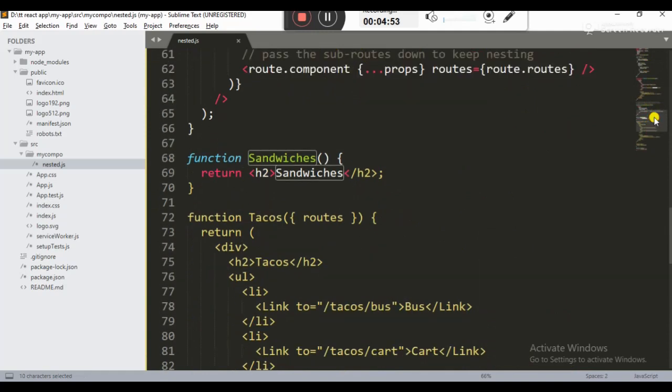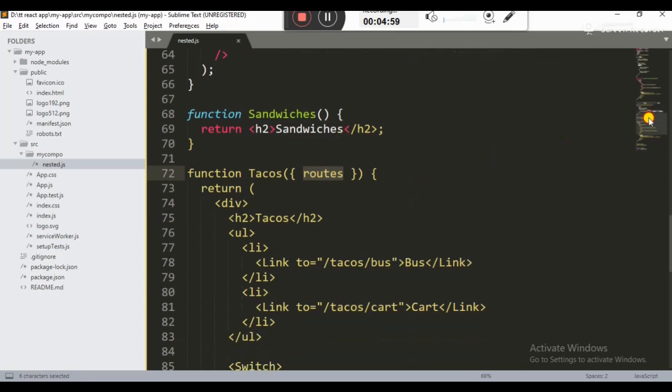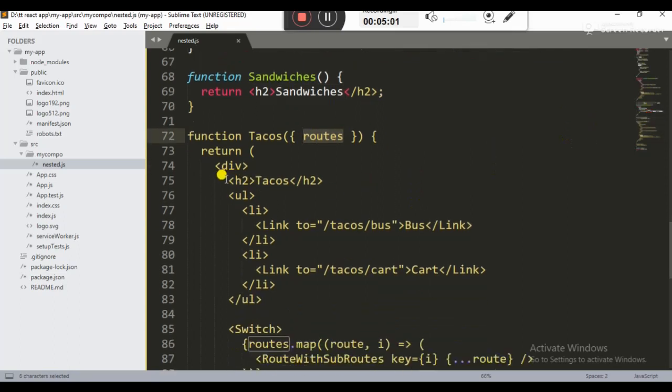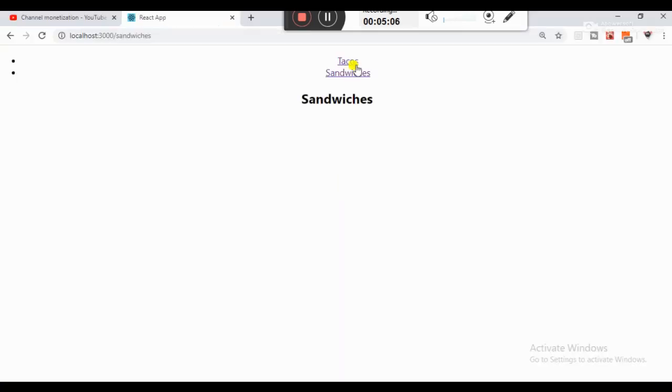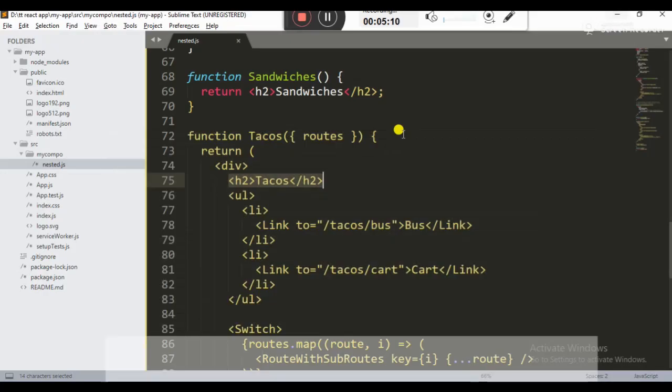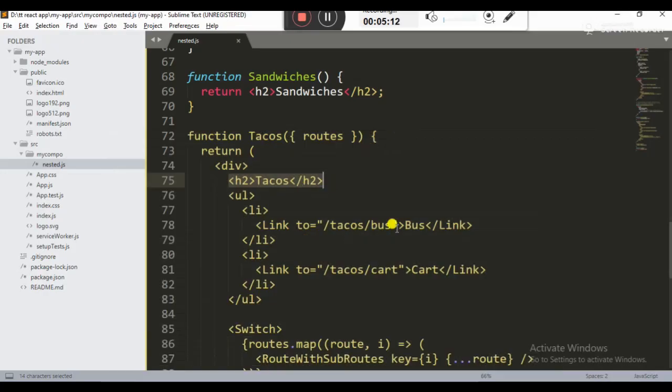After that, when you click on the tacos, what happened is tacos has multiple routes parameters, it's showing in an id. You can see this is a route of a value, and here is the simple heading tacos, which shows like this, tacos. It binds two links like bus and cart.